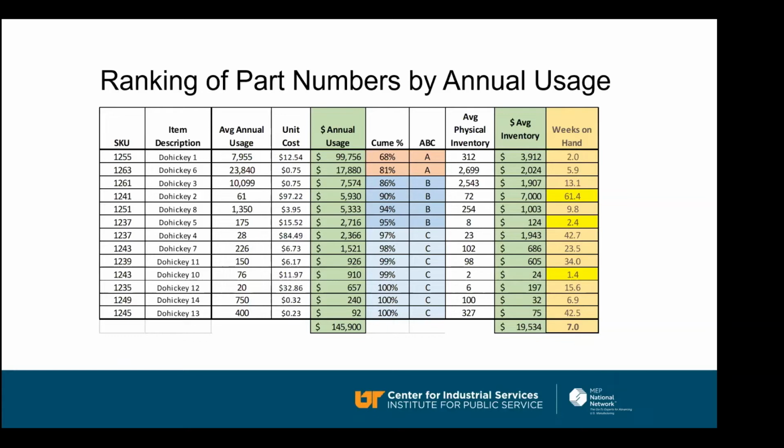So ultimately, those items there are sorted in descending order of annual usage. What I'm doing is a cumulative percent as you go down that list of annual usage, and that tells me where my inventory is lying. What you're going to see is when you get down to the C items, you're about halfway down and you've already come up with about 95% of your inventory value before you even get down there. So you add another item in there and it doesn't move the percentage at all. And that's pretty typical of what you're going to see.